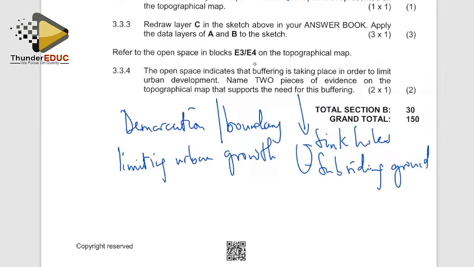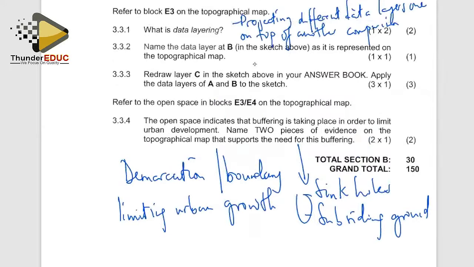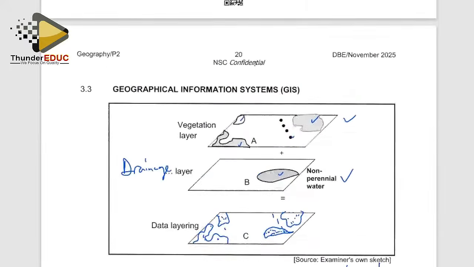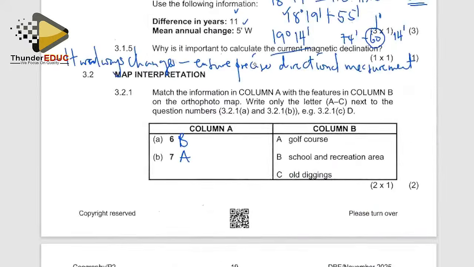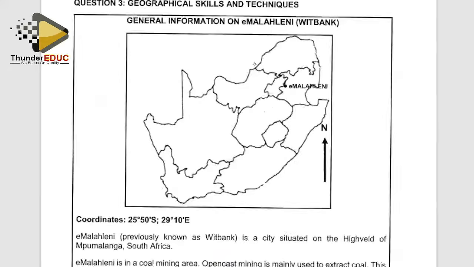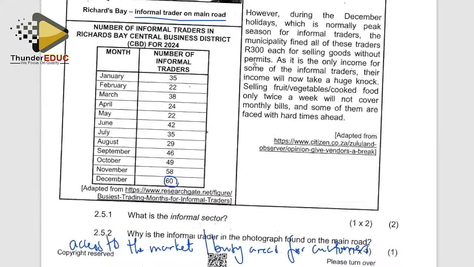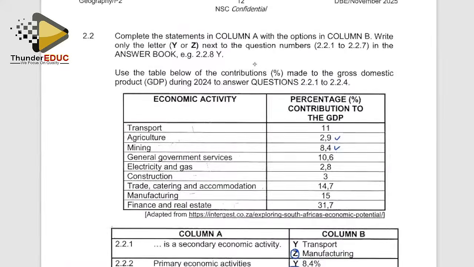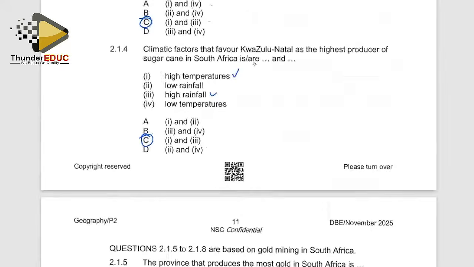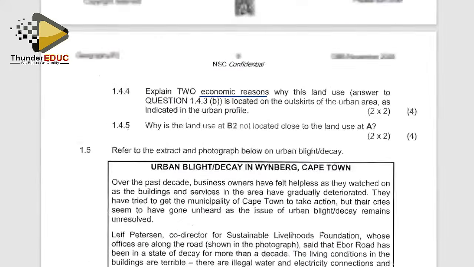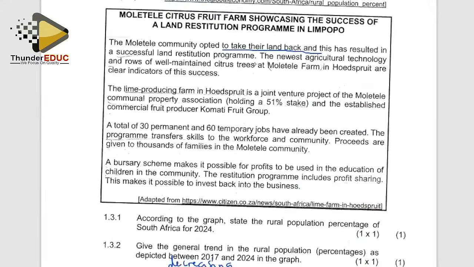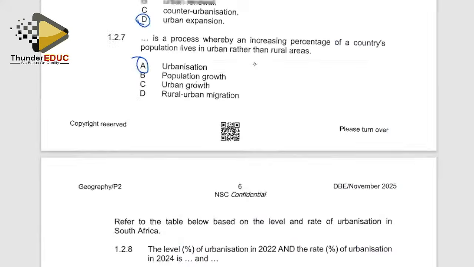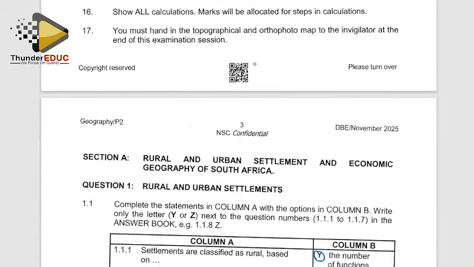Right. With that being said and done, that has taken us to the end of this discussion session. We have safely come to the end of our discussion. So from my overall impression of this paper, I can say this is plus or minus an average paper. An average in the sense that we are looking at the potential of an average learner. An average learner, in this instance, we are looking at learners who score on average level 4s. They have potential to get